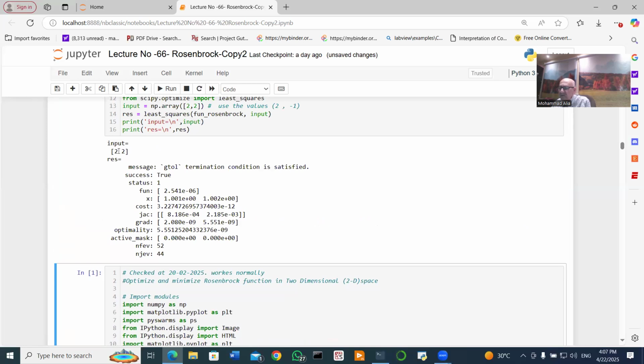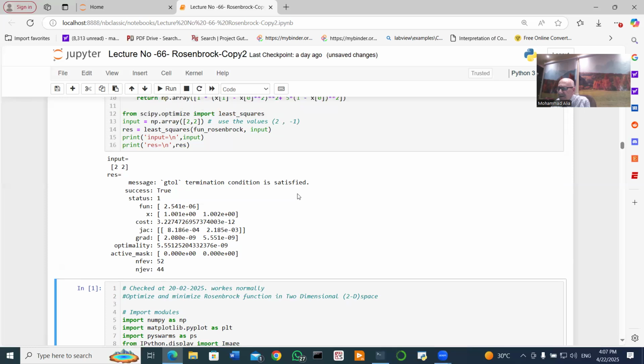Yes, so the input here will be 2 and 2, and the value of the function will be about 0. It is 2.54 multiplied by exponent to the order minus 6. It is approximated to 0, no problem. And the value of the coordinates is also 1 and 1. So now you have a good idea how to minimize or find the minimum optimal value of the Rosenbrock by